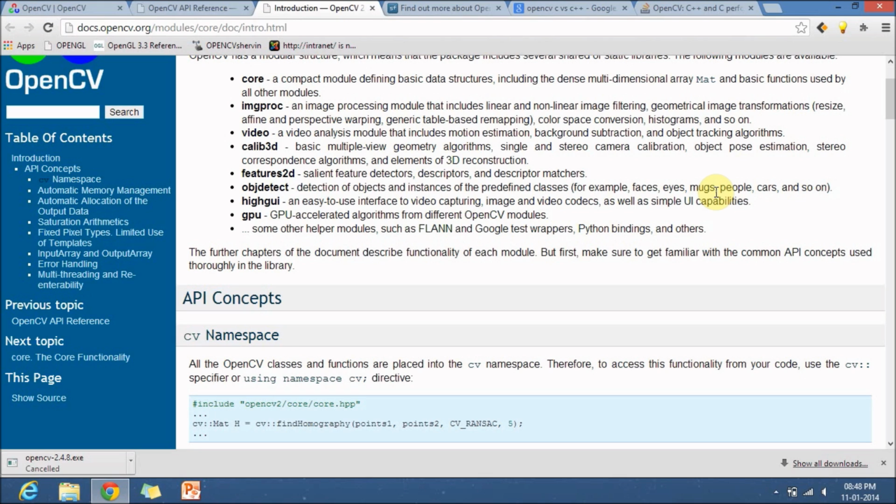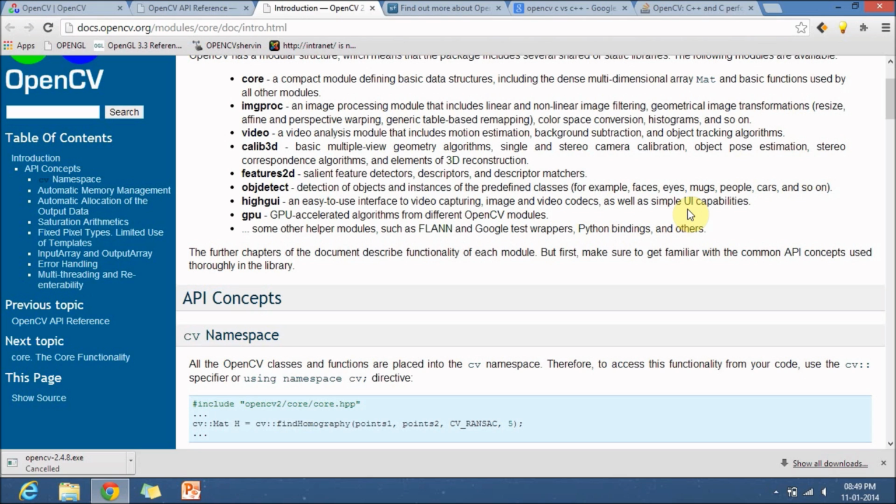Next is highgui. Highgui is an easy interface which provides a GUI where you can interact with your OpenCV program. It is used for capturing videos and images, and displaying images and captured videos.